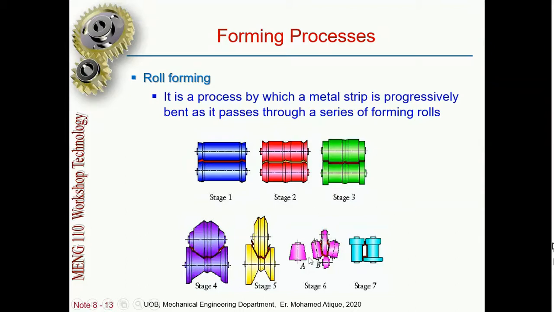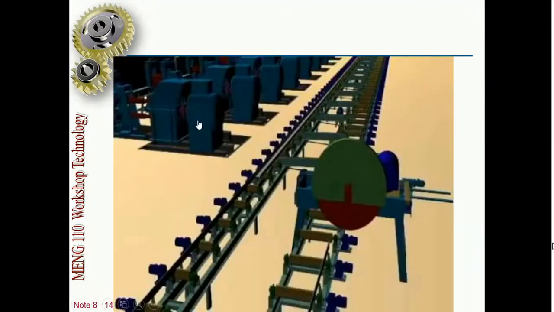Here it is not done in one stage. We'll make the bend step by step. First bend at the end, then between, then make an L bend here, then make it a U shape, then an even thinner U shape, then more bend here, then the final shape like here. So here it is done in different stages. See here, you can see one example of how forming takes place.